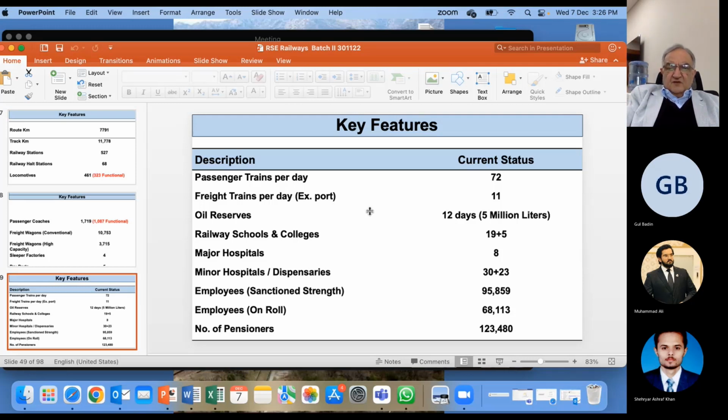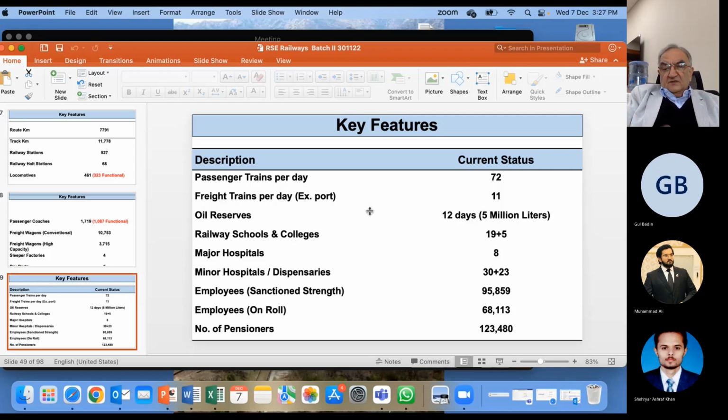So the employees are well looked after. Minor hospitals 30 or dispensaries 23. Everywhere. First aid is a very, very important aspect of train operations. The employee has to be looked after. Employees sanctioned strength is 95,859. Our employees on roll are